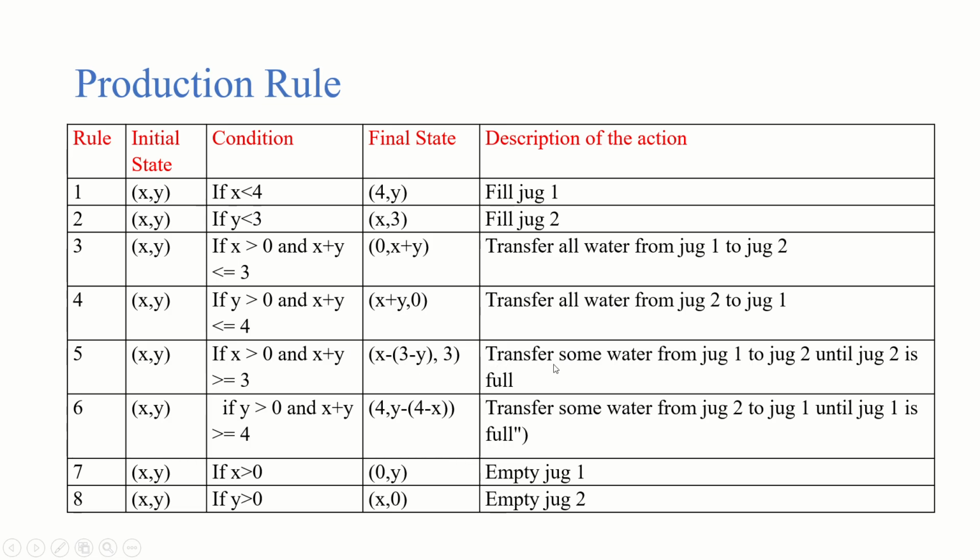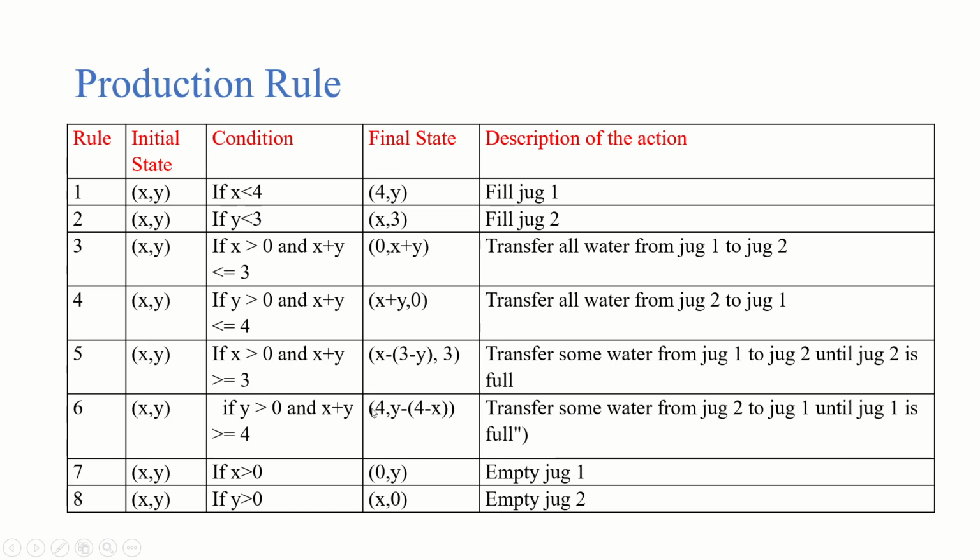Then rule number 5: transfer some water from jug 1 to jug 2 until jug 2 is full. Jug 2 is full at 3, so some water you can transfer from jug 1 to jug 2: x minus (3 minus y) comma 3. The condition is x greater than 0 and x plus y greater than